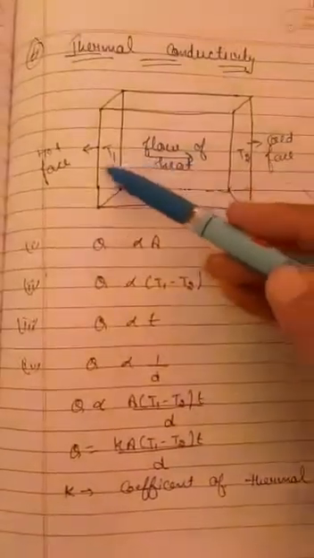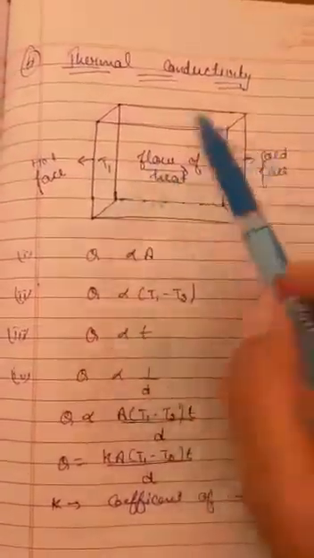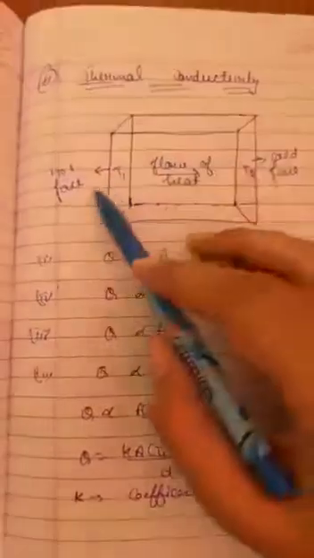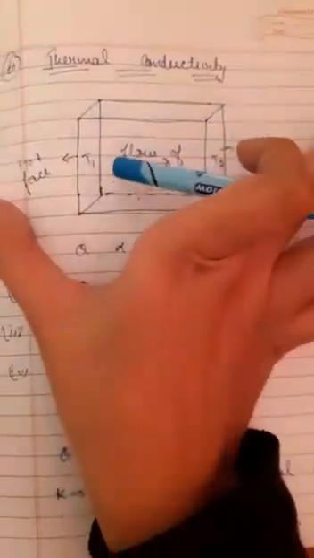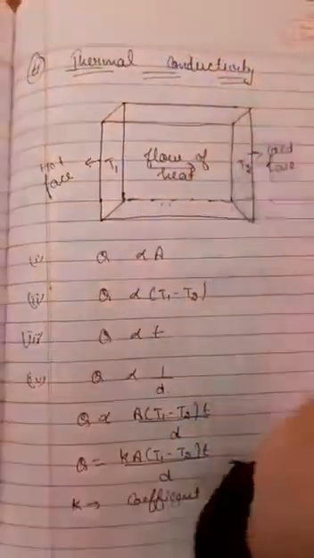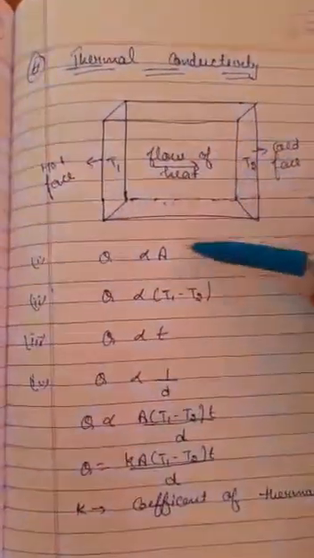It depends upon too many factors. Firstly, the temperature of the two bodies between which heat is going to flow. Second, the area of the slab. Third, how much the temperature is rising and for how much time the heat is flowing. Fourth, the distance between these two slabs. Just suppose if the distance is very large, then obviously the amount of heat that will transfer will be less. So we'll discuss them one by one.